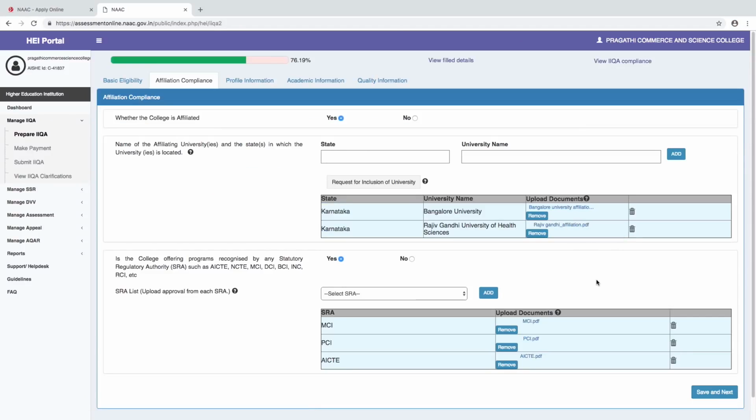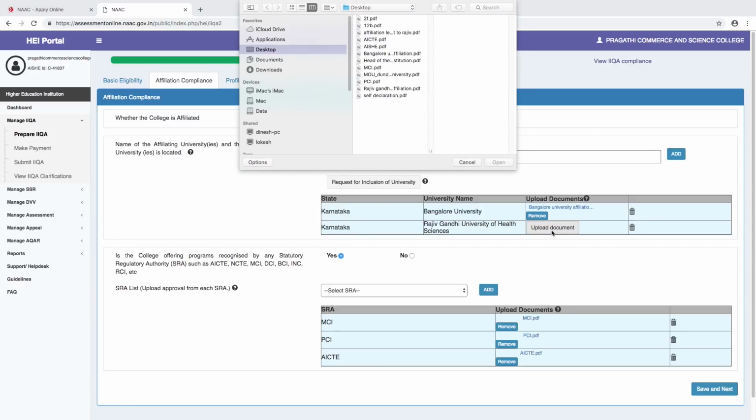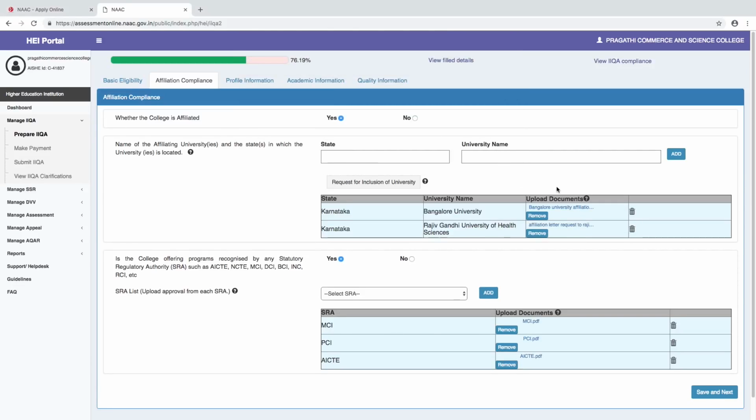As the information sought by NAC is about the recent affiliation letter of Rajiv Gandhi University of Health Science, you might have already provided an affiliation letter but in an earlier date. Now that they wanted a recent affiliation letter. Assuming that you do not have a recent affiliation letter, but you have written to the institution for continuation of affiliation and you have paid the fee. You can remove the attachment here, and that letter what you have written to the institution for continuation of affiliation and the fee paid details can be uploaded here.